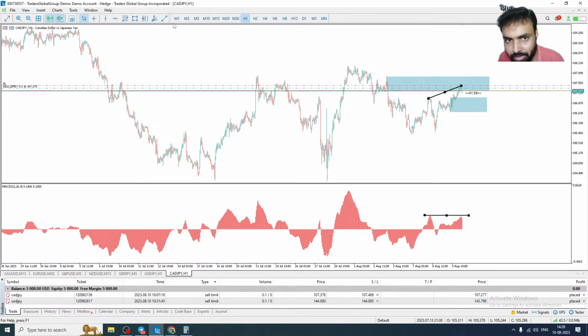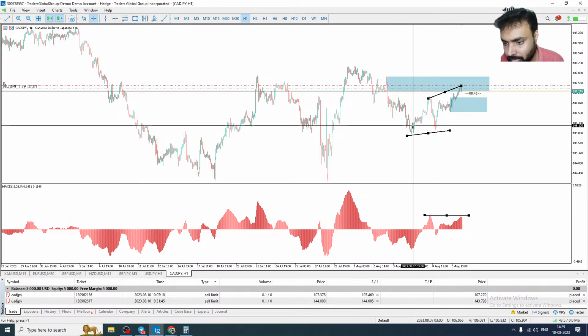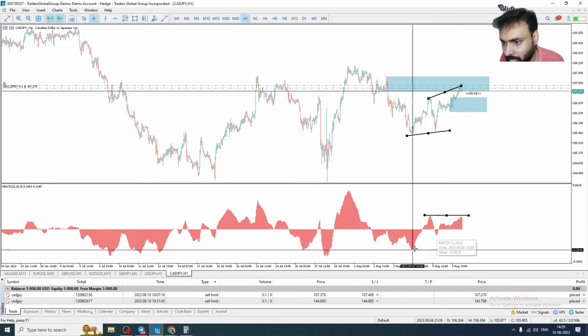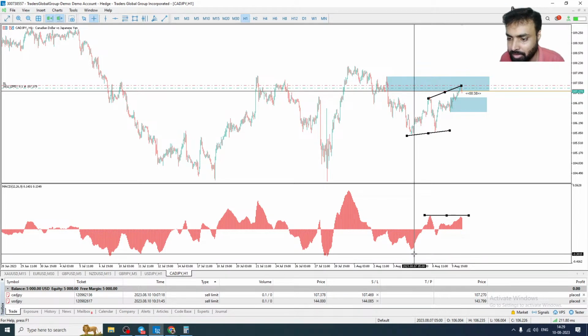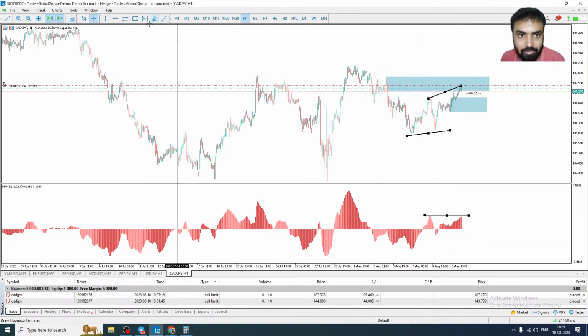So similarly, you can see here. What about this one? Higher lows are created. But just see the same here. This is low and this is high. Now you can see this is also sloping upwards. Now you can see the strength from here to here. See the slope: this slope is very flat, but this slope is really good.